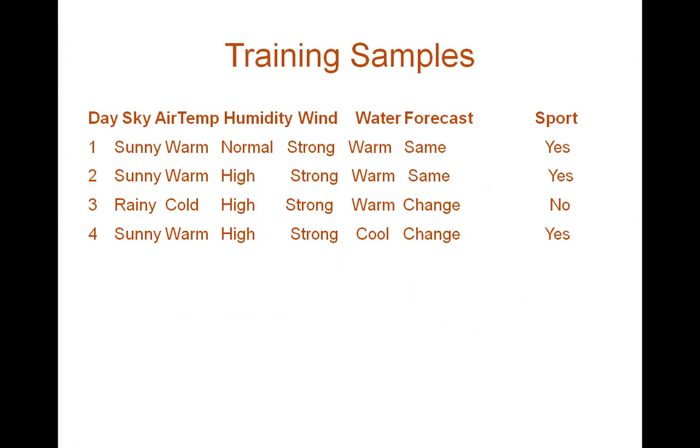So, this was our data set. This is the EnjoySport data set. As we discussed yesterday, in concept learning, if you have a boolean valued target function, that is, if you want to classify something as yes or no, true or false, then we can make use of this concept learning technique. So we used Find-S algorithm for this particular data set.